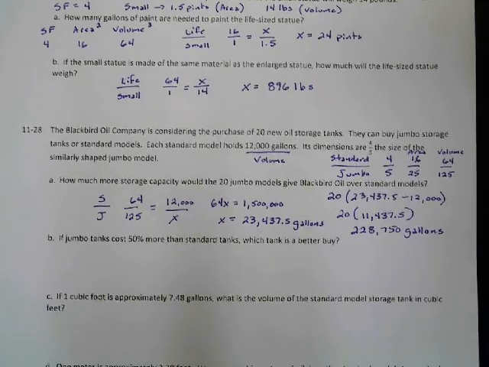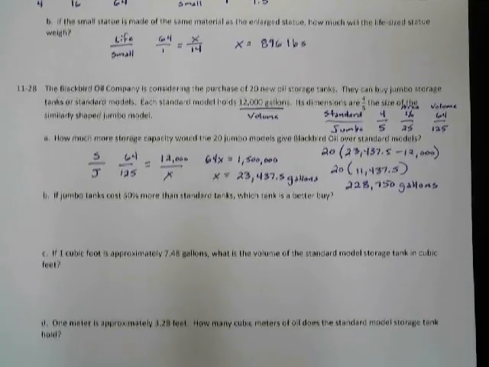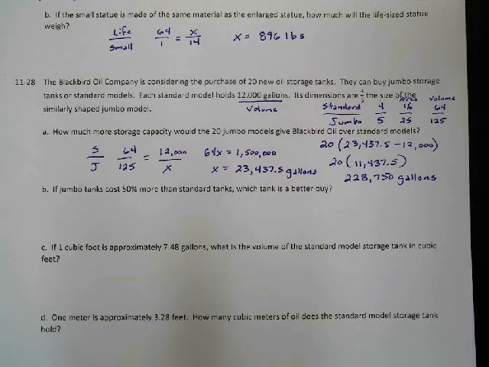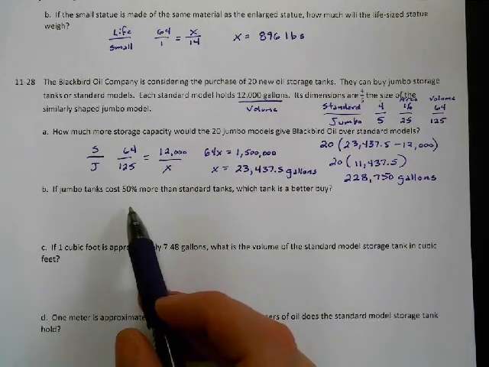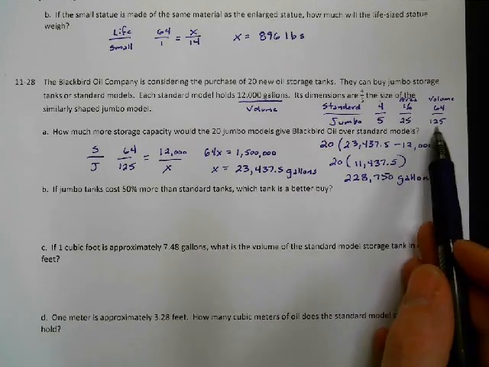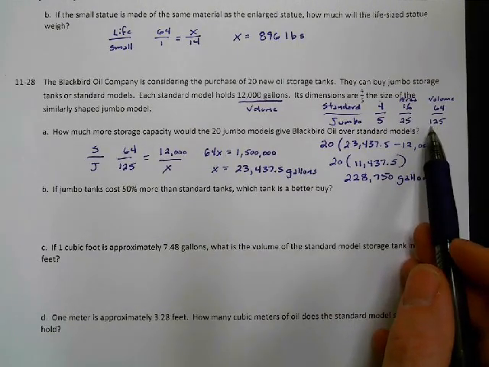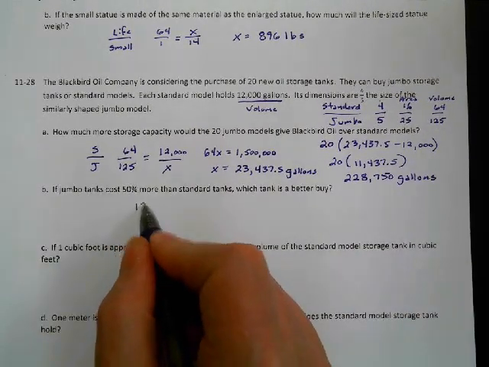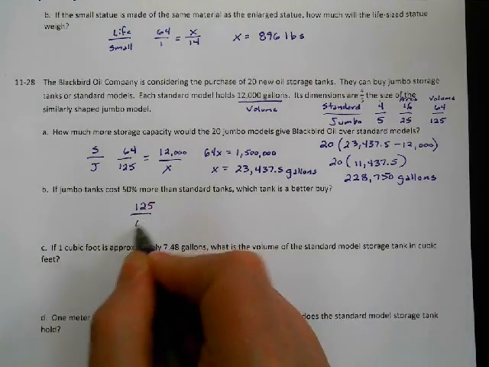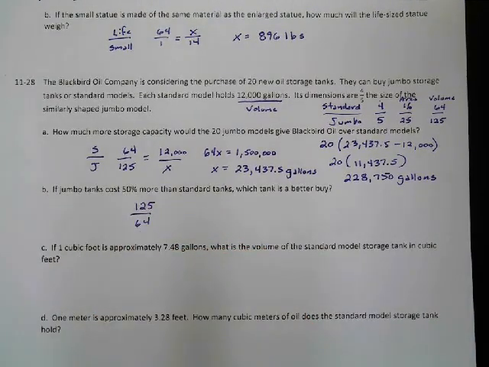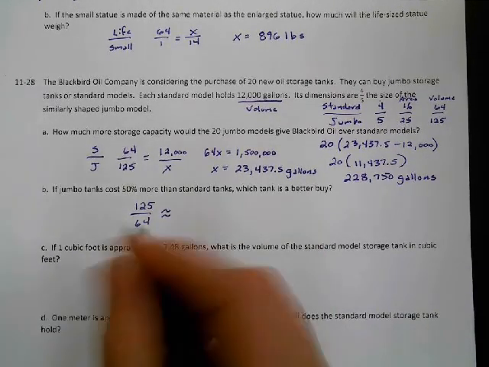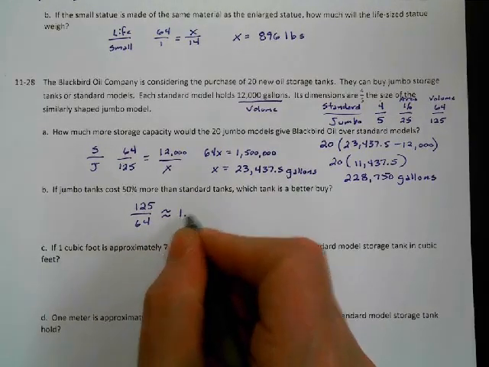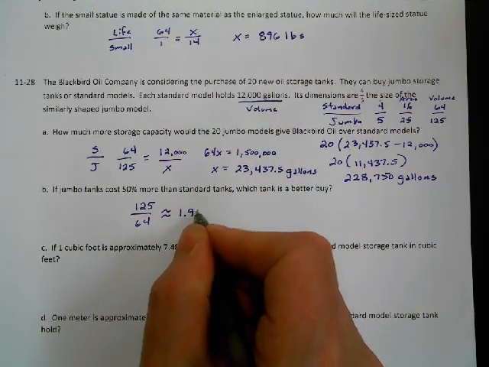If a jumbo tank costs 50% more than the standard tanks, which is a better buy? We don't need to know how much they cost because we can look at how much volume they will hold. The jumbo is 125 compared to 64. If I take 125 and divide by 64, the jumbo is approximately 1.953125